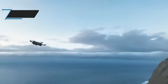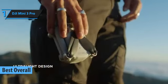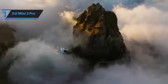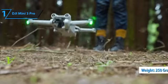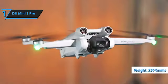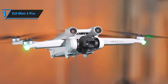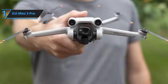The DJI Mini 3 Pro has emerged as the leading mini drone in 2023 after extensive reviews and customer feedback. This latest offering from DJI transcends its predecessors, boasting a plethora of impressive features while maintaining a weight under 250 grams. The Mini 3 Pro is a game changer in the world of drones, providing an unparalleled flying experience in a compact package. Unlike the entry-level Mavic Mini, the Mini 3 Pro is equipped with advanced technology, elevating it to